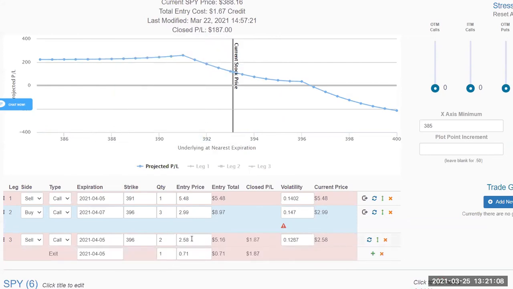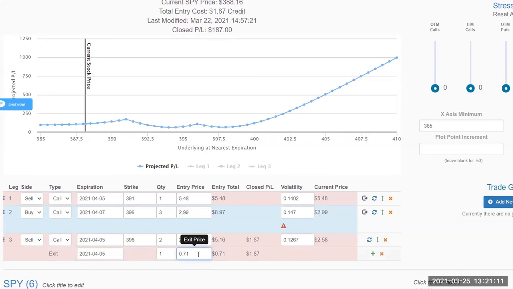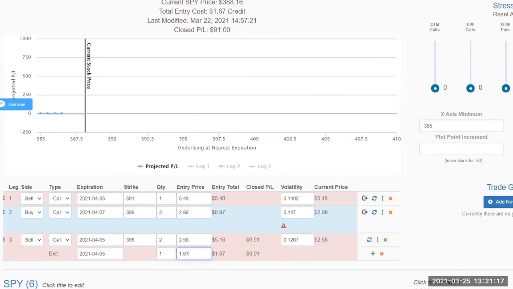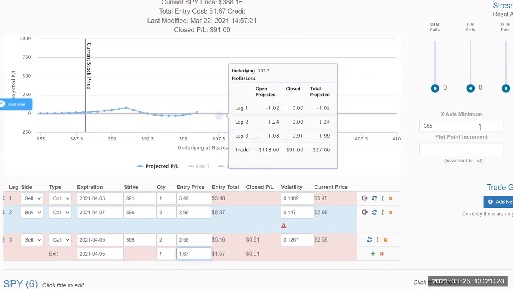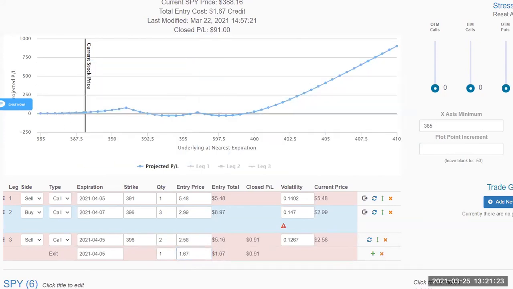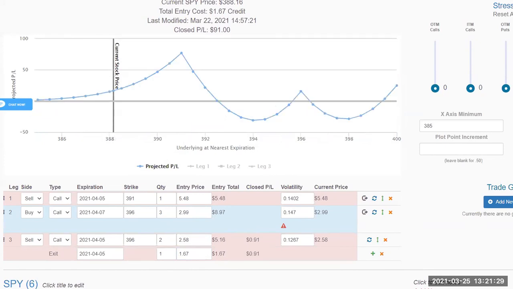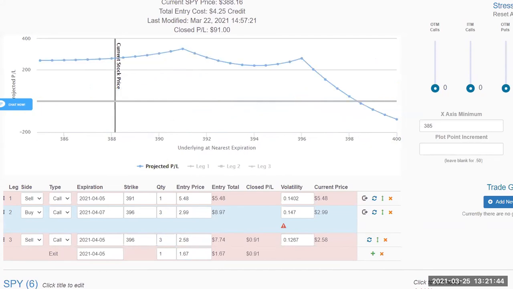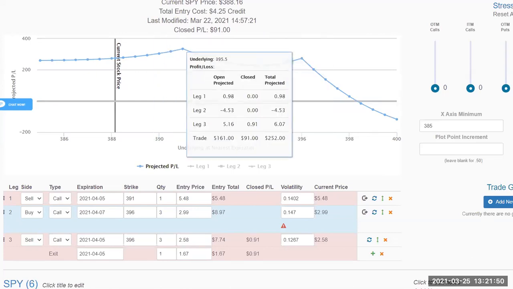And that creates a scenario where we have taken a small profit on one of the shorts, and we have a 0 credit here, right? So I'm going to reconfigure that so that it's not, there we go. So that's the trade that we're left with, and we're simply waiting for the market to move back up so that we can resell a 396, and then that creates that trade, right? So it pushes the break even up, pushes the profit potential up, et cetera.